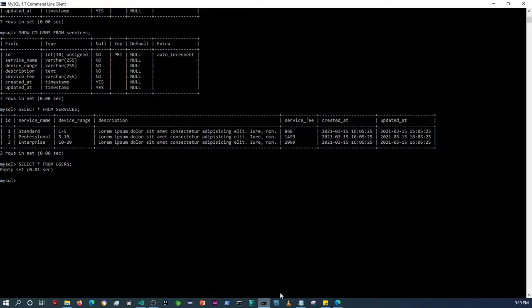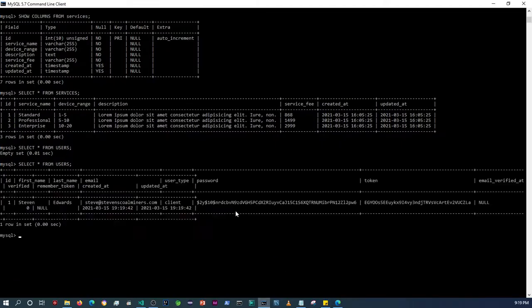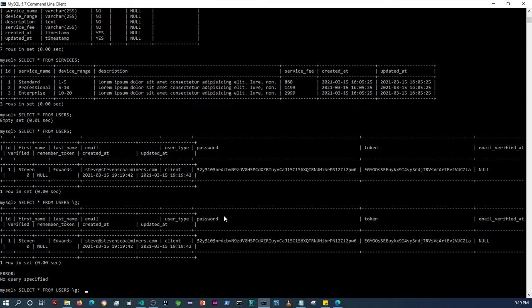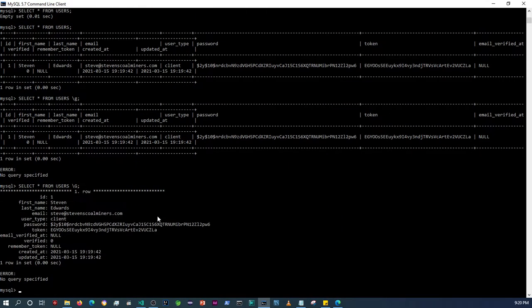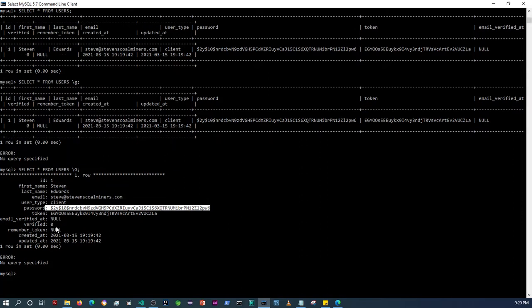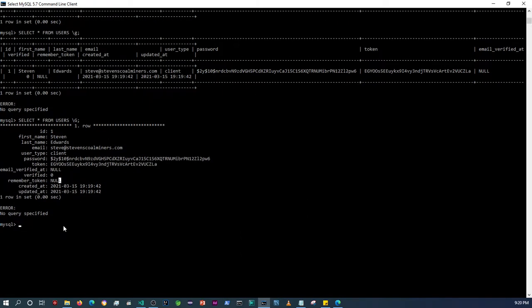So now let's check within our database. Let me just make it so that we can see what's going on there. All right, so there we have our first user. There's our token string over there, our hashed passwords, obviously not verified yet, etc. And then if you check the company details,